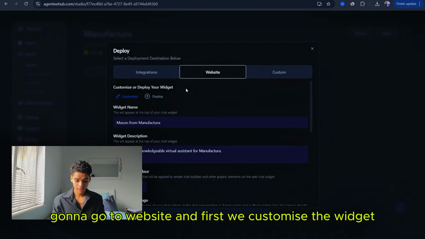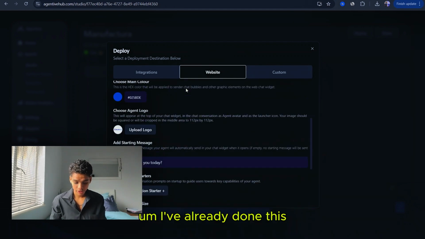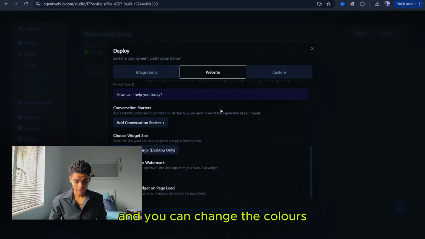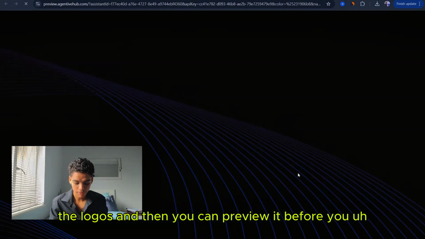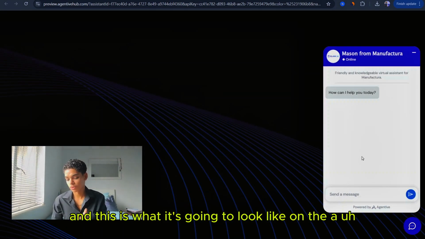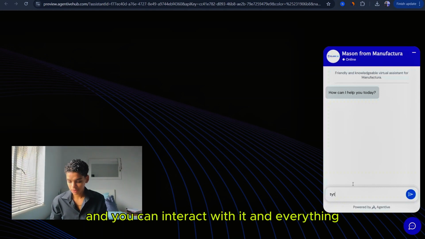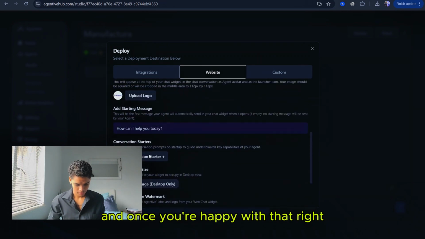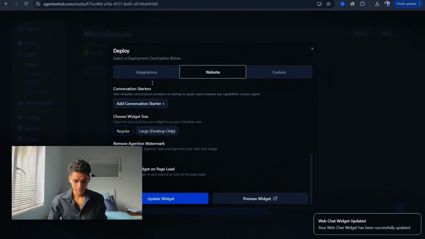We're going to go to website, and first we customize the widget. I've already done this, but it's really cool because it adds a bit of flavor to your agent. And you can change the colors, the logos, and then you can preview it before you make it final. And this is what it's going to look like on the customer's website, and you can interact with it and everything, check the functionality. And once you're happy with that, right, let's just click update. Okay,